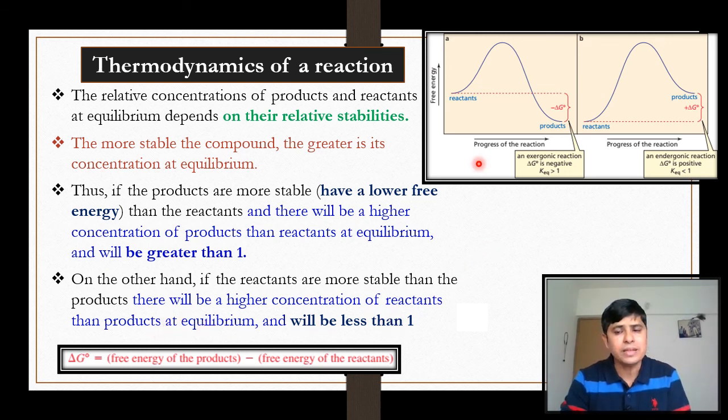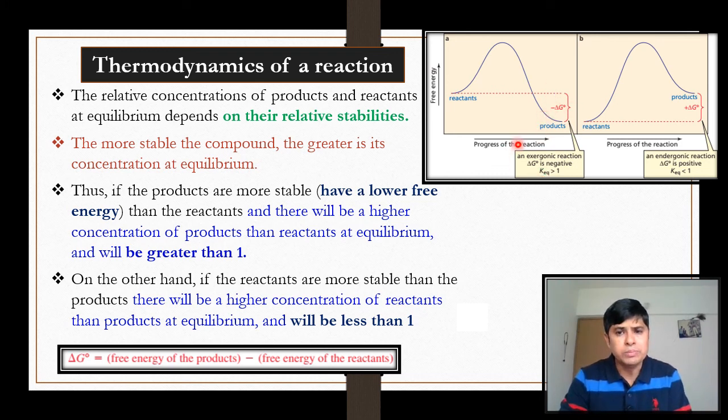See here, this is a reaction coordinate diagram. This is the free energy axis and this is the progress of reaction axis. Reactants have this much energy and products have this much energy, so the product is more stable. After a reaction we plot this curve, and we come to know the energies of reactants and product. The product is more stable than the reactant by this much amount of energy, and that energy is called minus delta G.